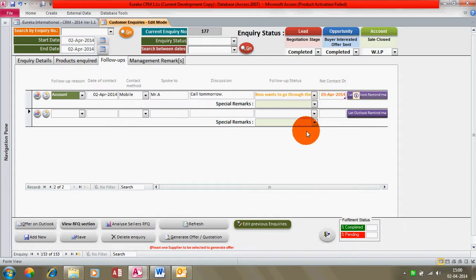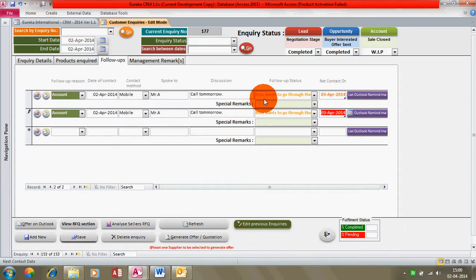Let's say I save it. This still shows work in process. Now tomorrow if I have to call up again on this date, I don't have to type all this again. I need to click on this button here, duplicate follow-up record. When you click on this, the full record gets duplicated. All you need to do is change the related things here. Like we are going to follow up on the 3rd. Again, you speak to the same person and let's say okay, PO is ready